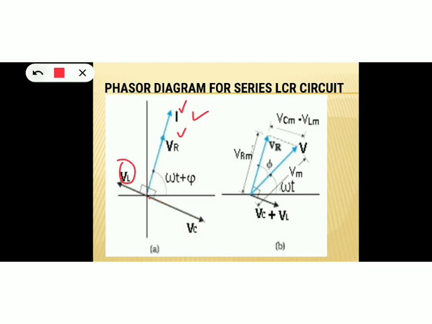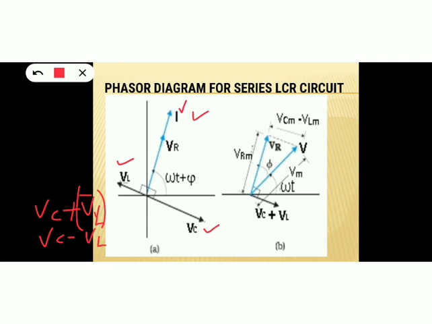And again, VL is a vector and VC is a vector, and since both vectors are acting along the same line, we can just add or combine these two vectors. This is the property of vector addition. Vector addition means VC plus VL. But here VL is acting in the opposite direction, so you can write VC minus VL. Why VC minus VL? Because VC is the greater vector than VL.